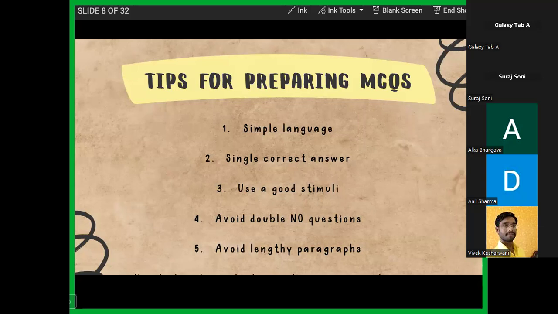Also, avoid distractors like all of the above or none of the above. This way we are just missing a chance to give a good distractor to the children. And also try that the distractors are of equal length. When we create distractors, 2 distractors are very short, 2 are very long at times, and that only makes it easy for the child to identify which of the distractors is the answer. So try that the distractors are of the same length. I hope this concept of MCQs is clear to everyone. In case anybody has a question.